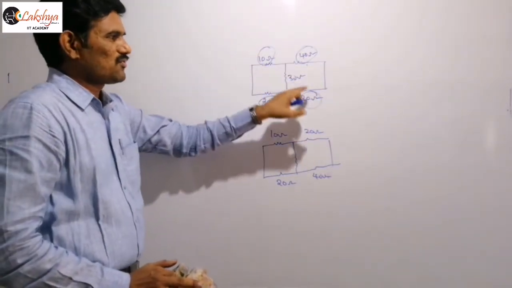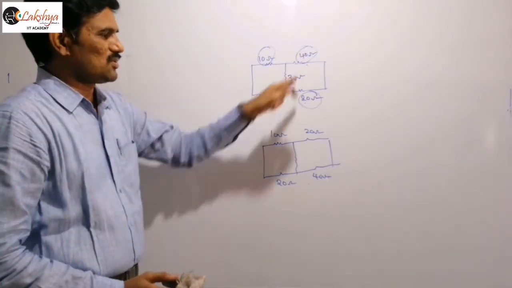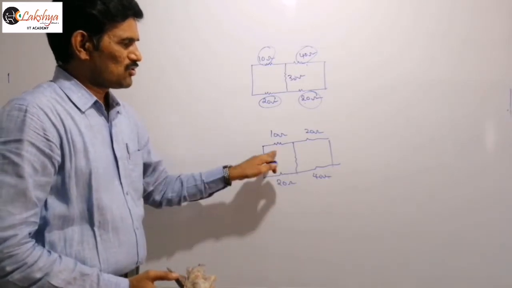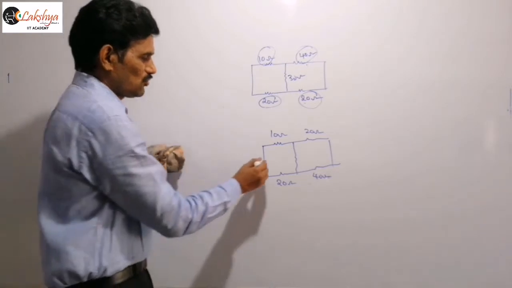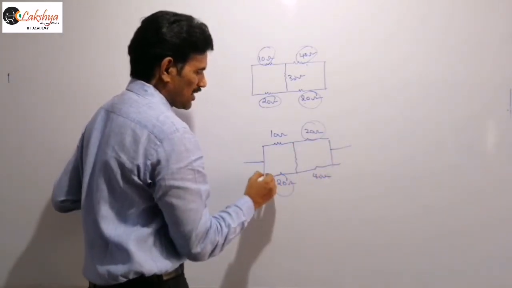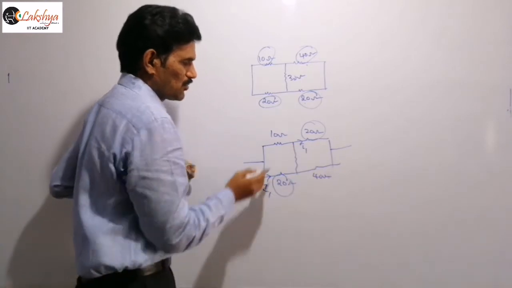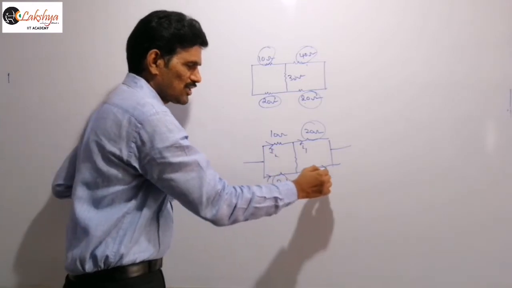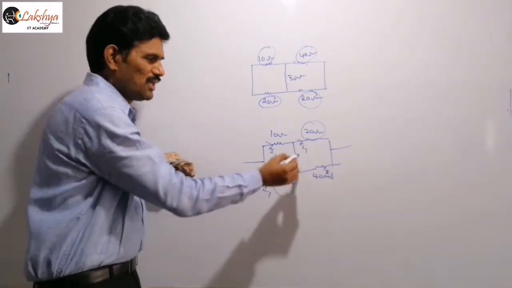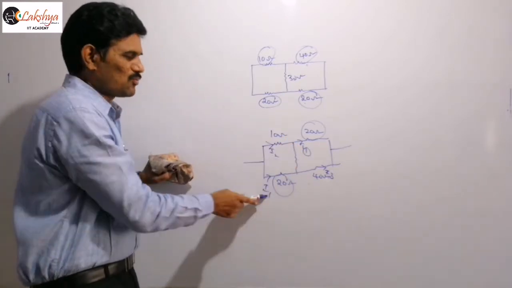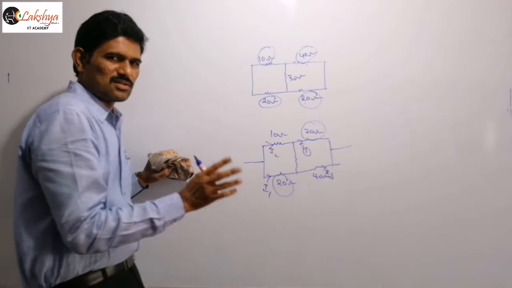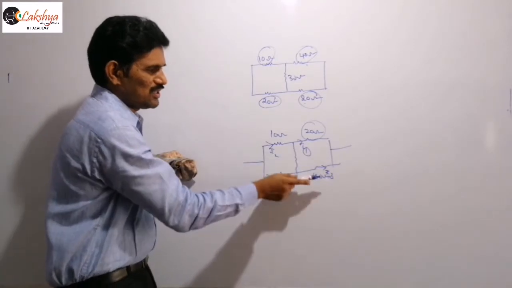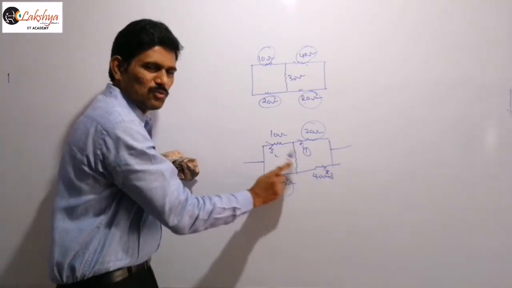Then you can take same amount of current flowing here and same amount of current flowing in these two resistors. In such a case, you can't take the same amount of current flowing in these two resistors and same amount of current flowing in these two resistors. Even though these two resistors are same, you can't take the same amount of current here, because the remaining distribution is changing. If this is not I2, suppose this is I3 for example, then here also definitely the current should change. Same amount of current does not exist, even though only these two resistors are same. Remember, this pair and this pair must be same. Then we can take that. That means if it is 20, then here if 10 is there, then you can take the same amount of current in these two resistors.